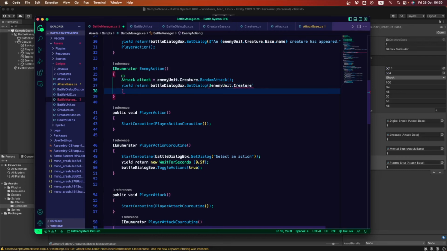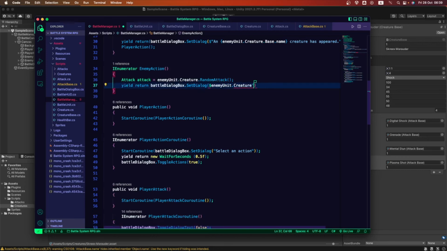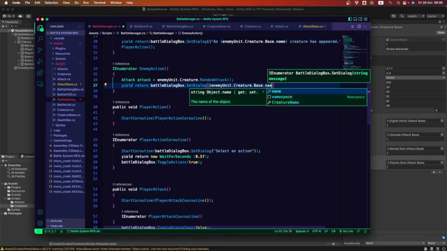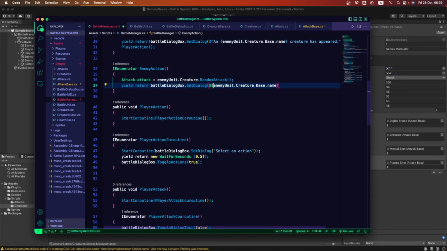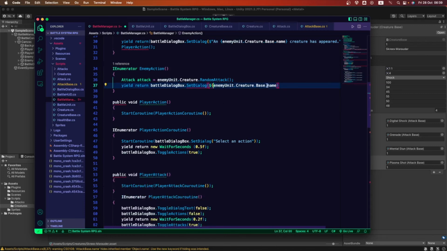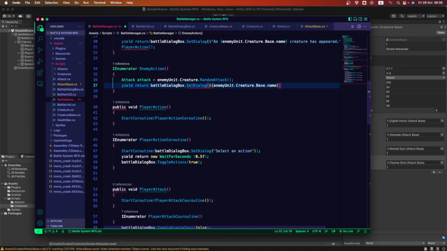Let's go into the creature, into its base, and to its name. We're getting the name of the creature, and let's open up curly braces right here, right after our string symbol. We want to get that data.